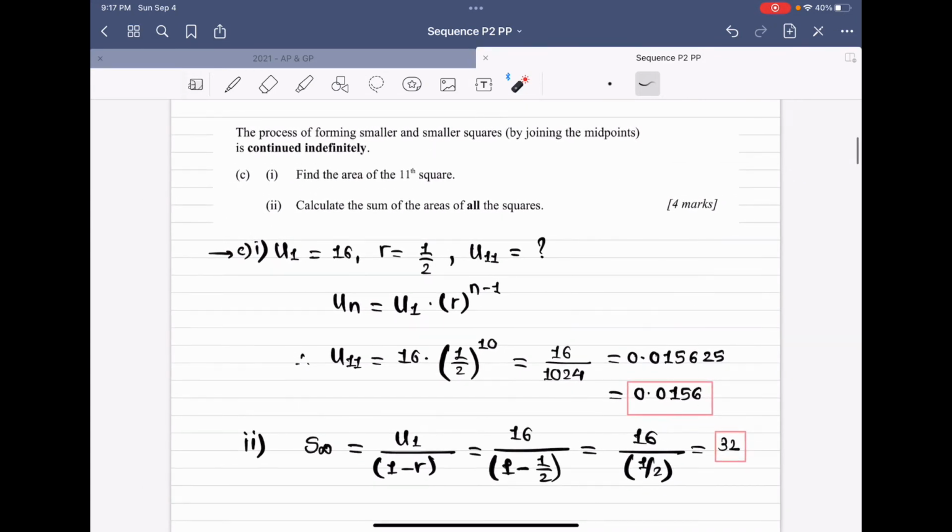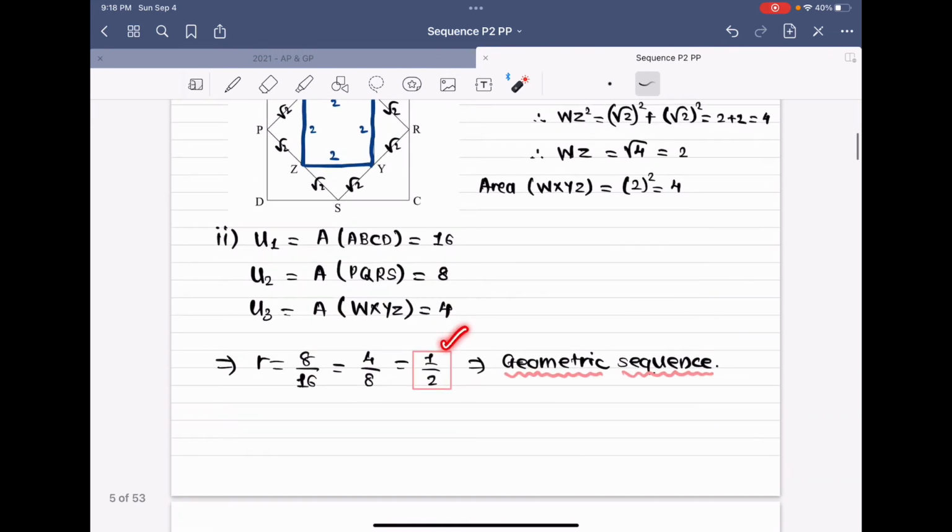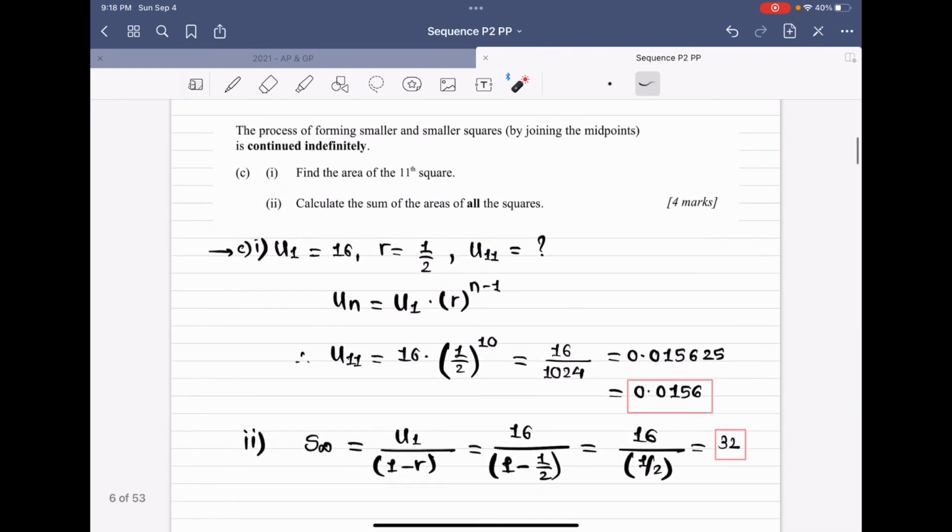Now the process of forming smaller and smaller squares by joining the midpoints is continued indefinitely. This is very important. They make it very bold later. Find the area of the 11th square. I know the first area. I'm interested in area, not the length, because they are talking about the area. So the first area, the main square area, is 16. We found out in the previous part that the ratio in the area is 1 by 2. Now suddenly they are skipping in between and they want to find out the area of the 11th square. So u11,